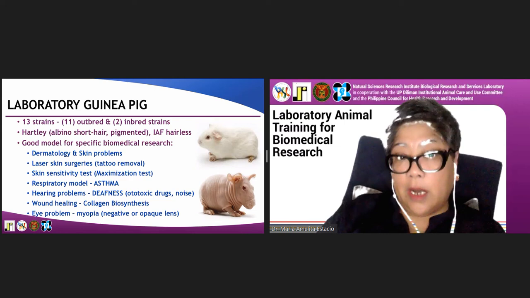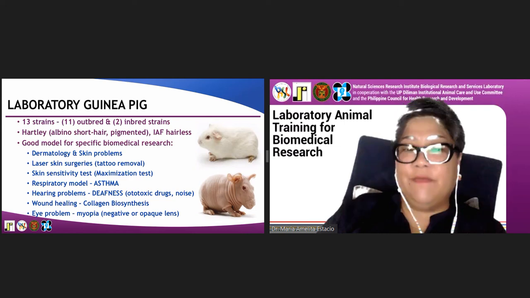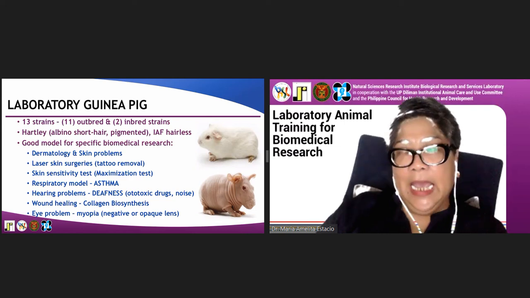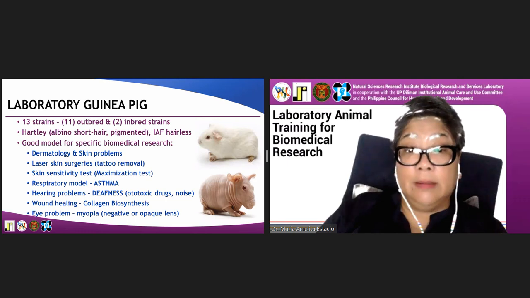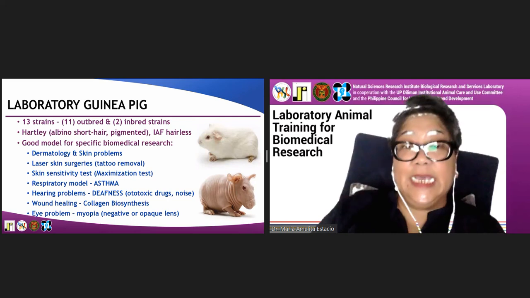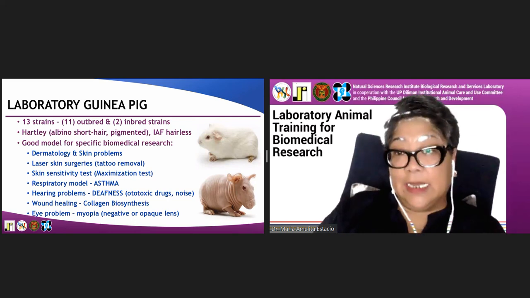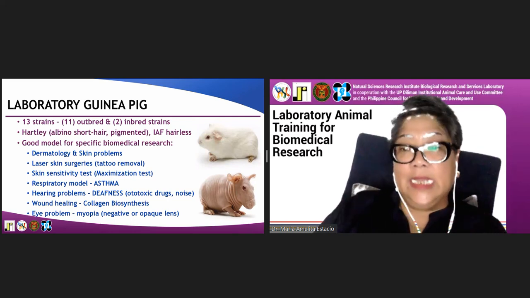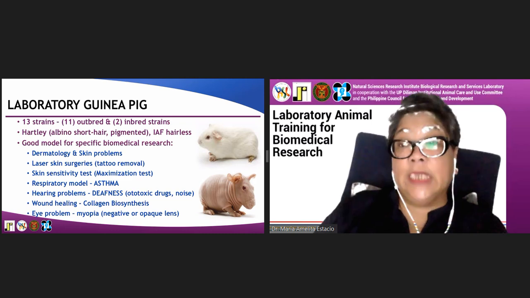And the guinea pig is a very good model of asthma. It's also a very good model of deafness for noise pollution and for checking ototoxic drugs. It's also a very good model for wound healing as well as eye problems, such as myopia, glaucoma, and so on. So what you can see is the IAF hairless guinea pig that is being used for dermatology and skin problem